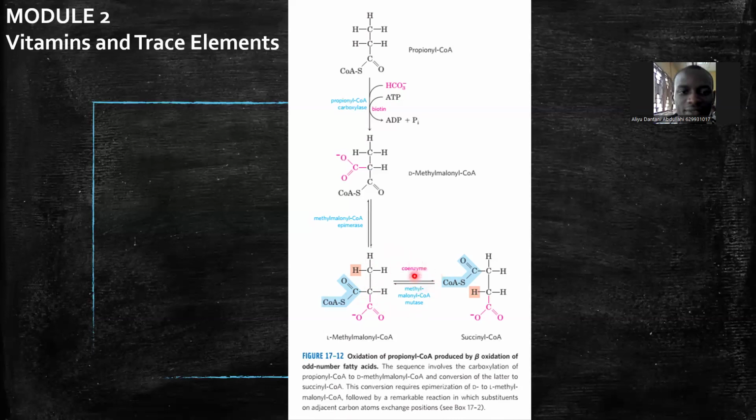That's why vitamins are important: they play roles as coenzymes for some reactions in your body. Now, this succinyl-CoA can go into the TCA cycle, or it can be converted back to